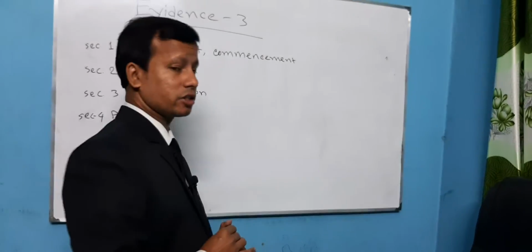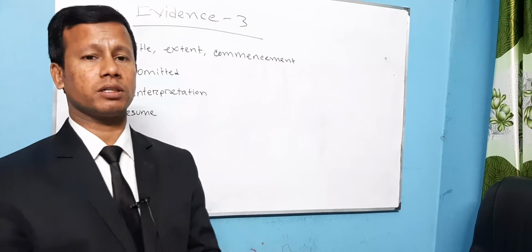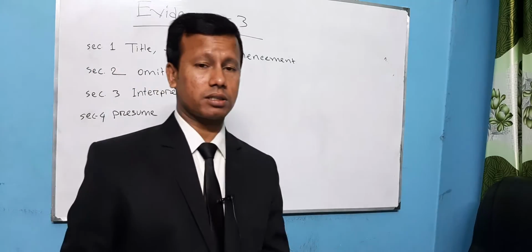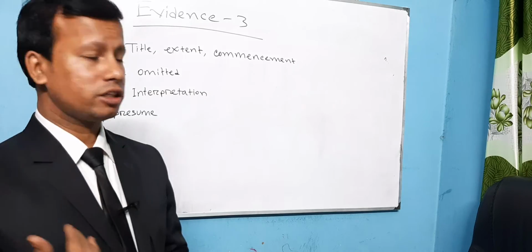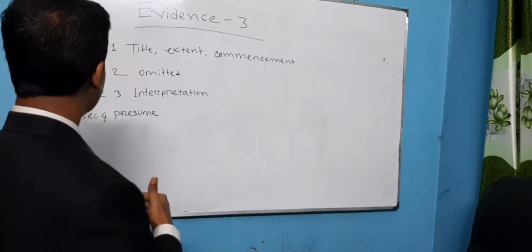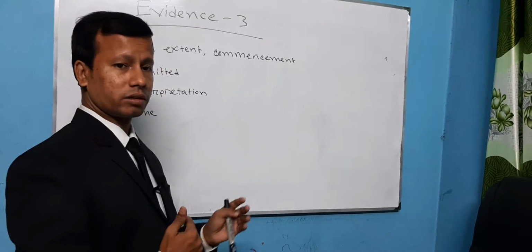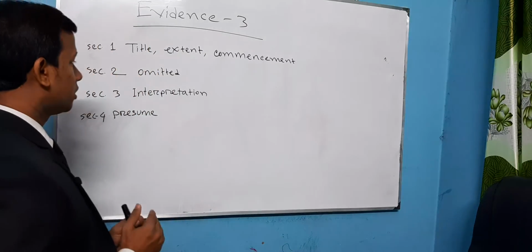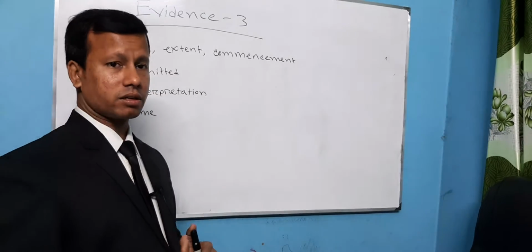So now evidence. What is evidence? Here there are two types of evidence, especially in the Evidence Act. One is oral evidence and the other is documentary evidence. Oral evidence is when a witness states something, or delivers his statement, or says something related to the case or the matter. The statement of a witness is called oral evidence in the Evidence Act.